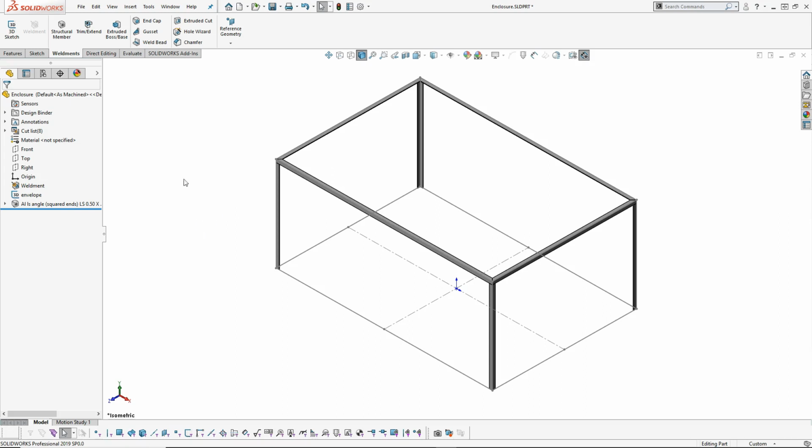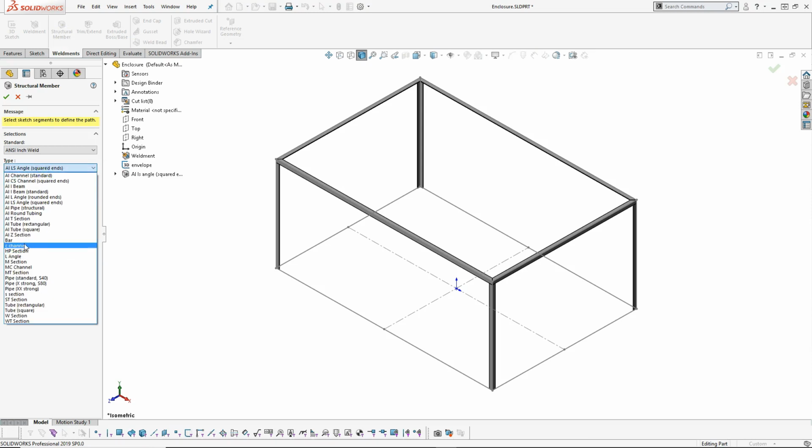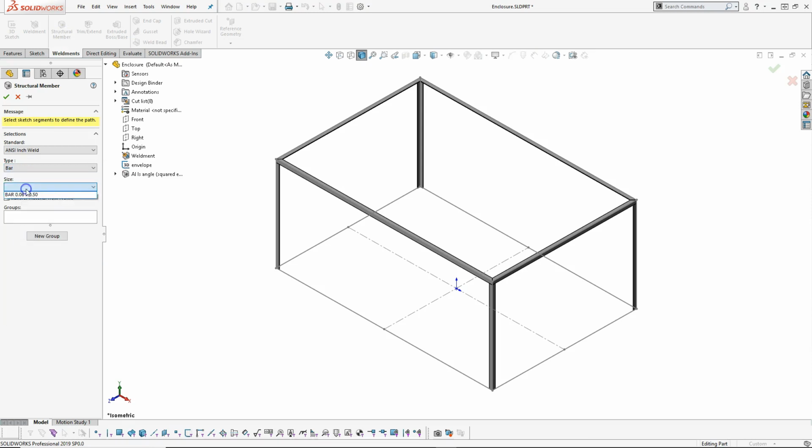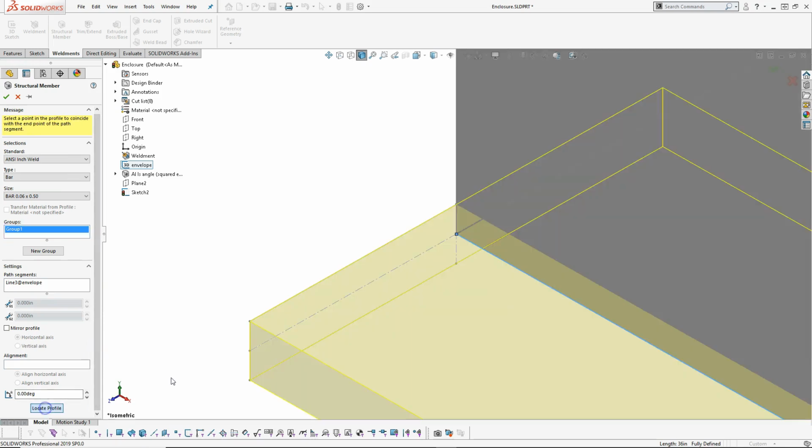Alright, so my next piece of geometry, that is the bar, we need to go locate for, and the size, and then we'll pick the lower 4 groups. Now I thought about having one in the middle, so if this is a 6 foot length, give or take just shy of an inch, and this is 4 foot, then we should have another 2 feet or so that I could put a bar through the center just to help with any kind of sag on that group. So let's go ahead and locate the profile,